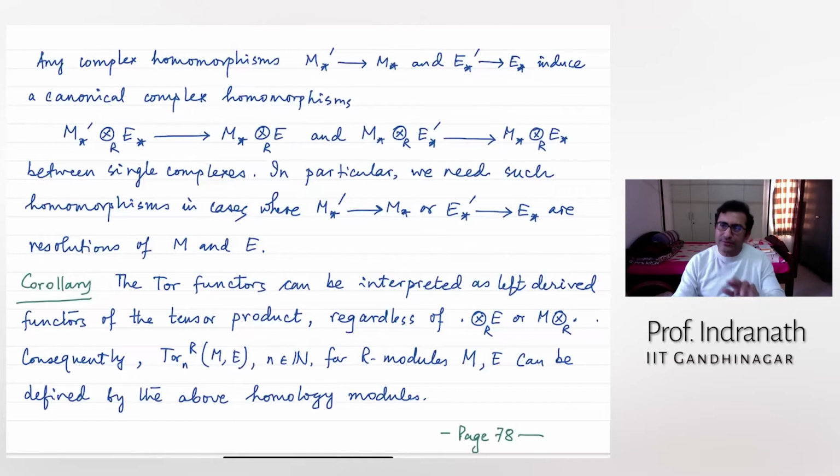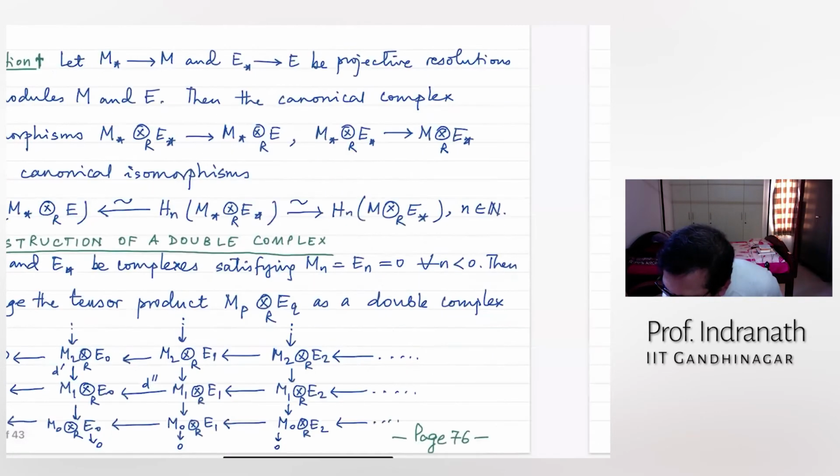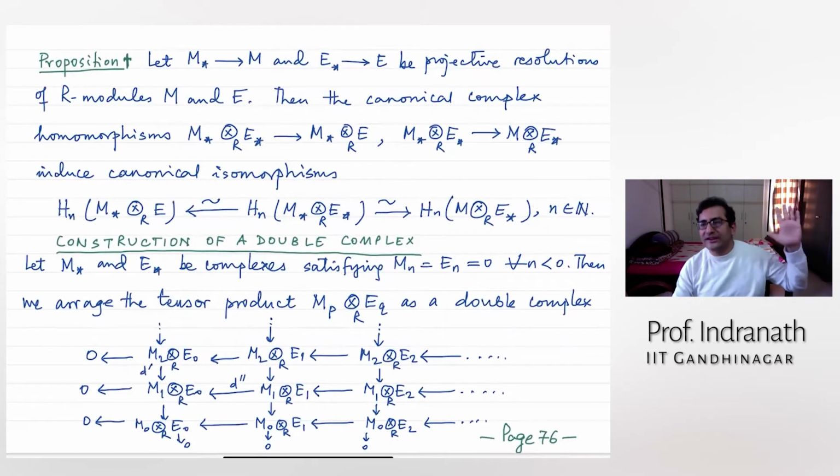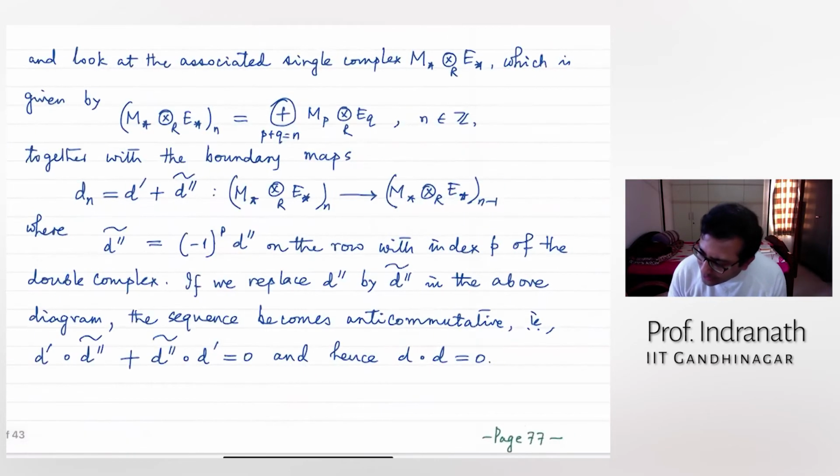Just go through it a little meticulously. I mean, this is a problem with blackboard teaching, that way you can keep some portion. Here also, I believe one can do. See, what you are doing here is that this double complex is basically absorbing the individualities of M and N in some sense, isn't it so? Therefore, whether you are doing it with respect to E on the left or M on the left doesn't matter, because the double complex is not going to change. Fair enough? Okay.